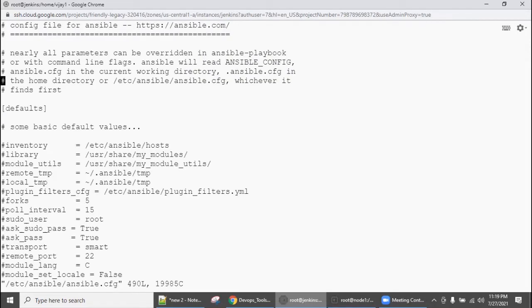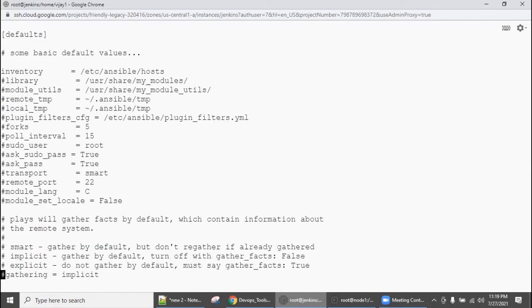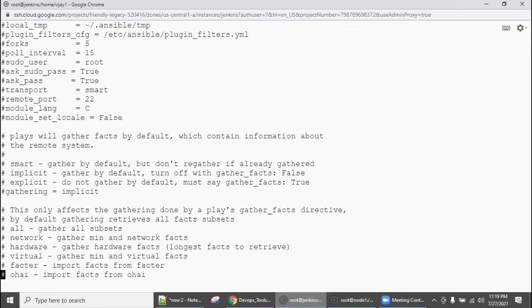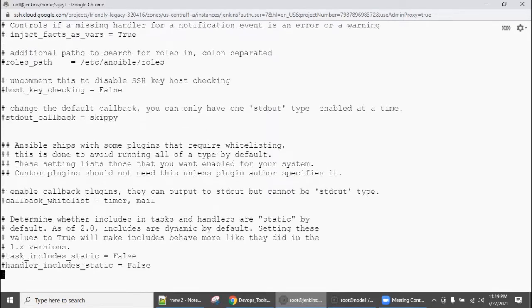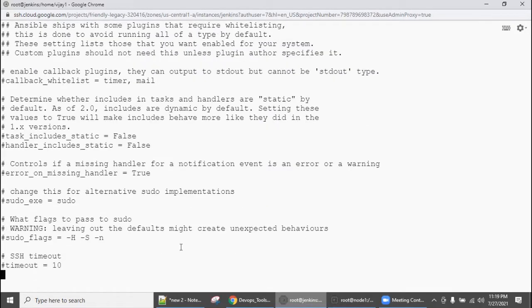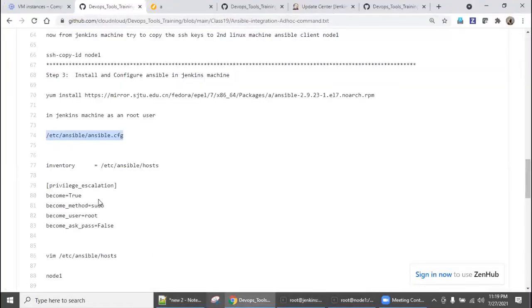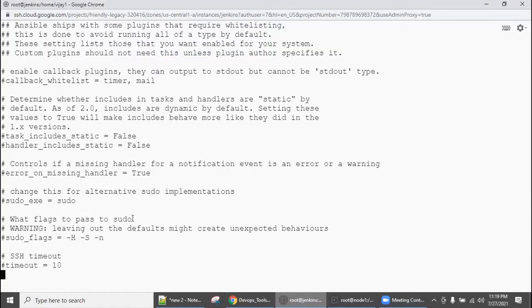In this, the inventory is going to be /etc/ansible/hosts, and also there is this section. Where is this section? privilege_escalation. So quickly, if you want to go there, type privilege.